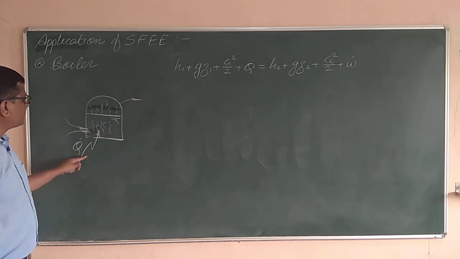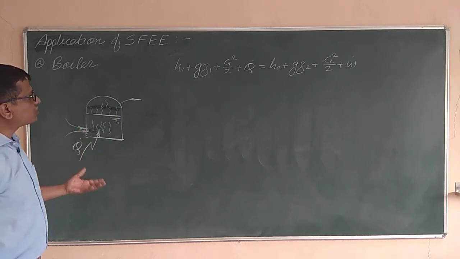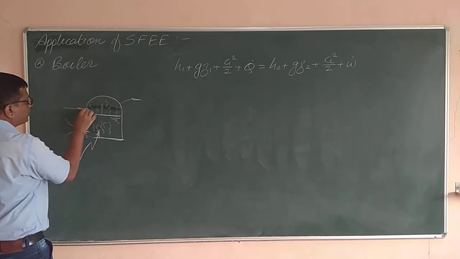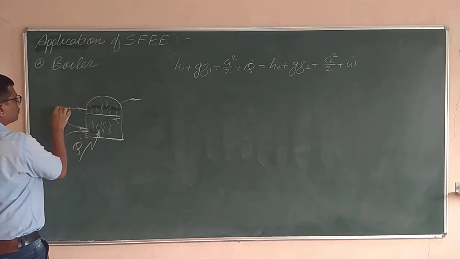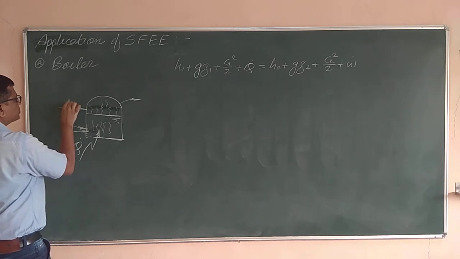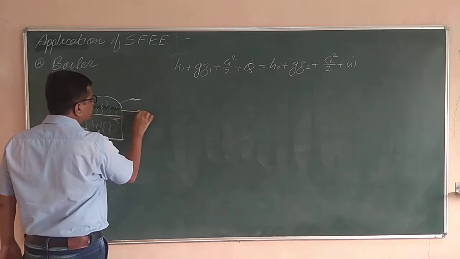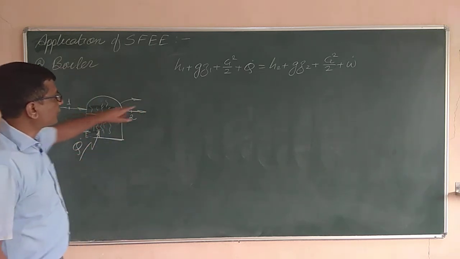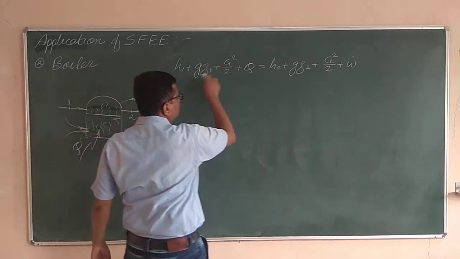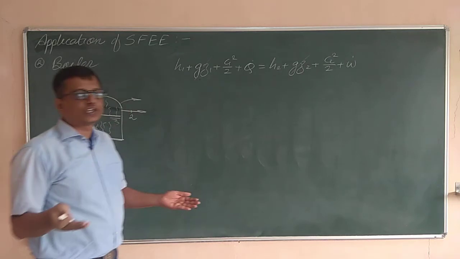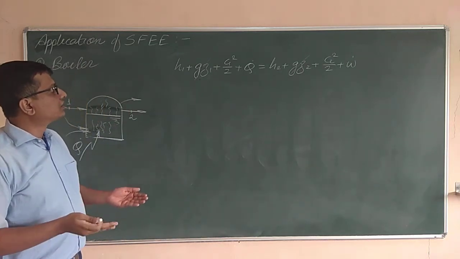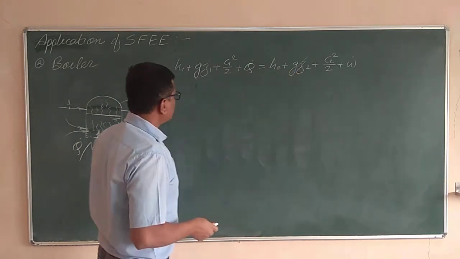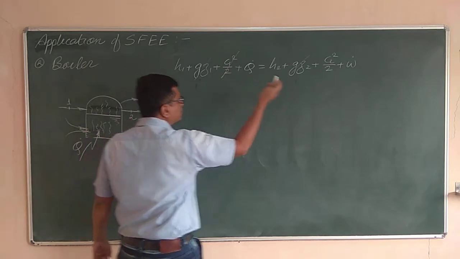Now if this is the transfer of heat taking place, what about the rest of the parameters? Water will be coming in through a pipe, say at section 1, and steam is going out of it, say at section 2. So across section 1 and 2, if you check the potential energy per unit mass, it is almost the same, no change in that. Even if there is a change, the difference will be negligible, so we can cancel out the potential energy per unit mass across section 1 as well as section 2. Next one, the kinetic energy per unit mass, that is also almost the same.